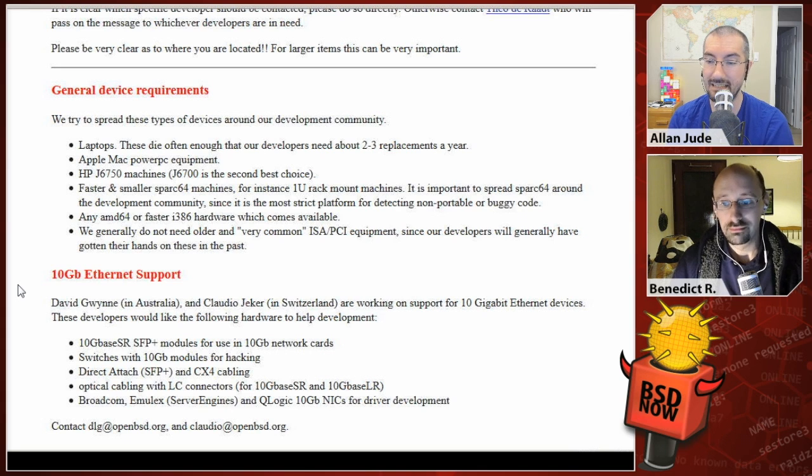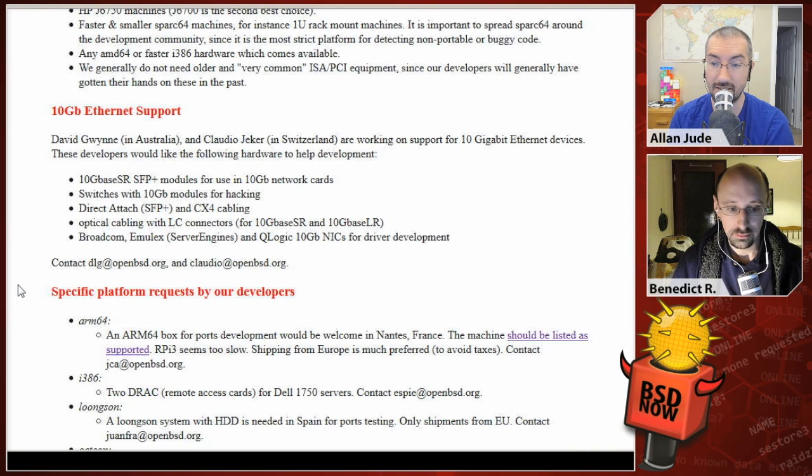And generally, we do not need any older or very common ISA or PCI equipment, since our developers generally have gotten their hands on that already. But in particular, what they have on their list of needs is 10 gigabit Ethernet cards. So David Gwynne, who's in Australia, and Claudio Jeker, who's in Switzerland, are working on support for 10 gigabit Ethernet devices. So they need 10